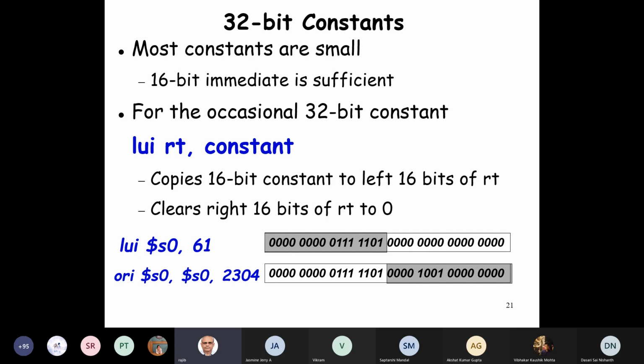Sir, can you repeat the ORI line? Yeah. See the ORI here. In the LUI, load upper immediate, we have set the higher order bits, with 61 stored here. Now we really wanted to store this 61 and 2304 on the lower ones.